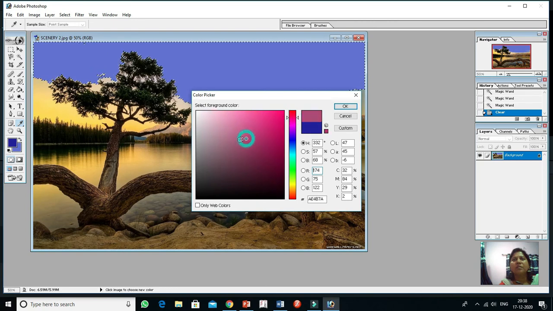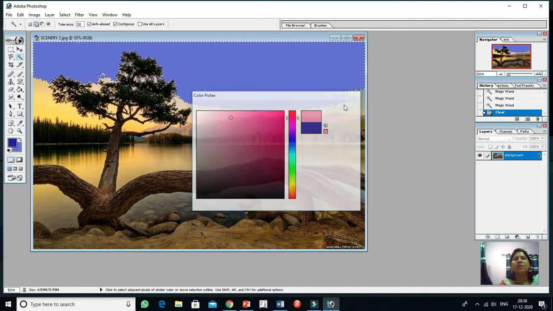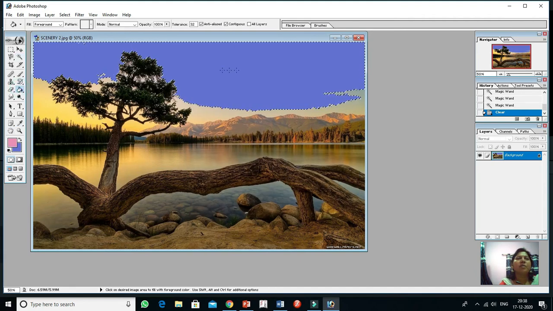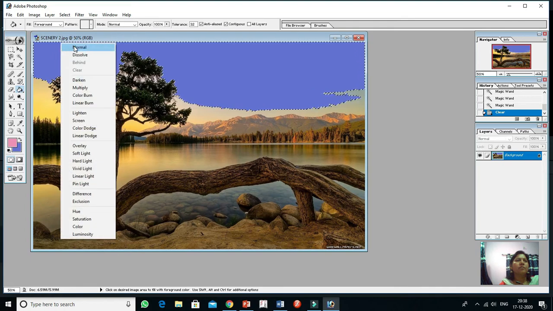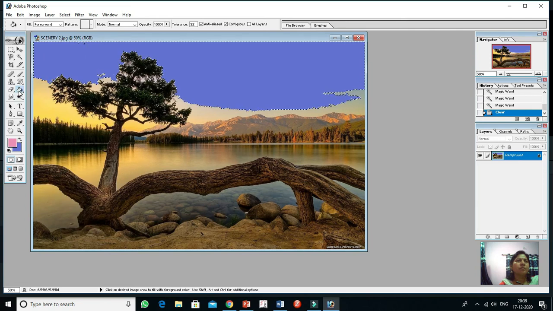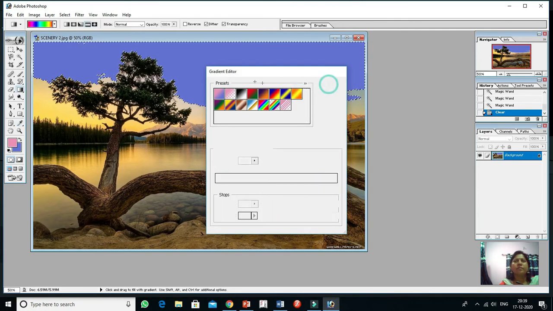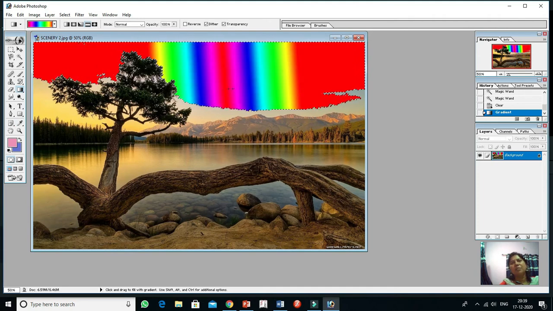Suppose I am selecting this color, select the paint bucket tool, and apply here.